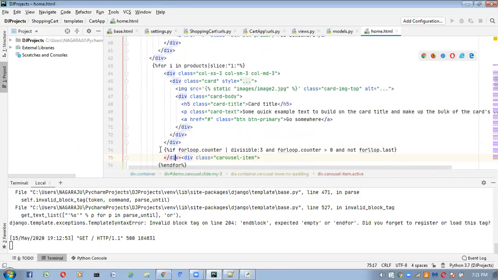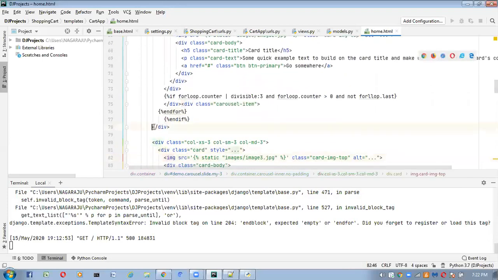Here, suppose this for loop is not last, and a few more items are there to display, in that case I want to go inside this, this end tag will be executed, and it has to take the next item. Suppose this for loop is the last one, there are no more items, then it will go to here and this tag will be executed. Clear? Up to here clear? So now next what we have to do?